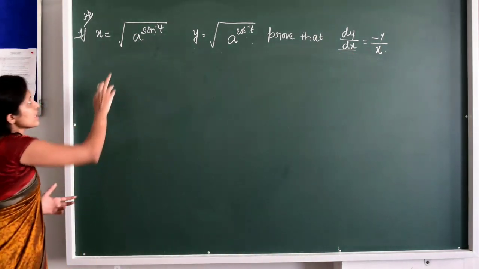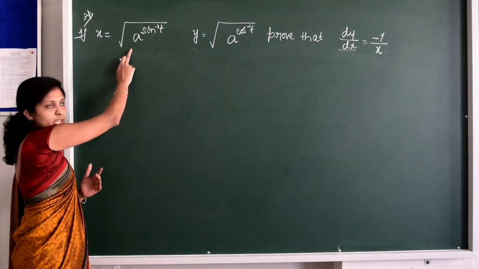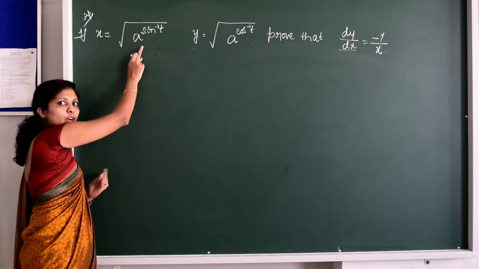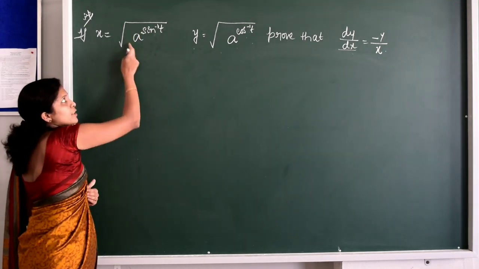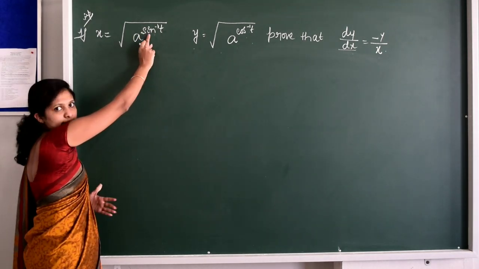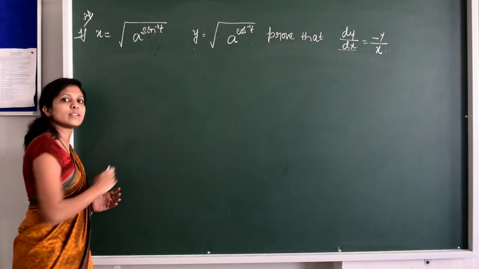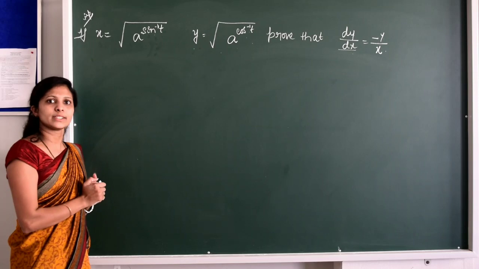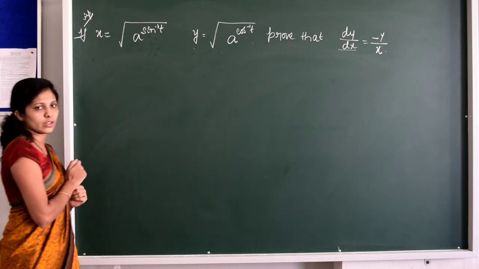What you have to do is, see here, either you can go with the chain rule. I mean here it's of the form root x, so you can apply that formula. It will be 1 by 2 root x. Then you have to differentiate this one, then you have to differentiate this. That method is also okay. Or else you can go with the logarithm method. Here I use the log method. If you use the log method, it will be easy. We will go with the logarithmic method.